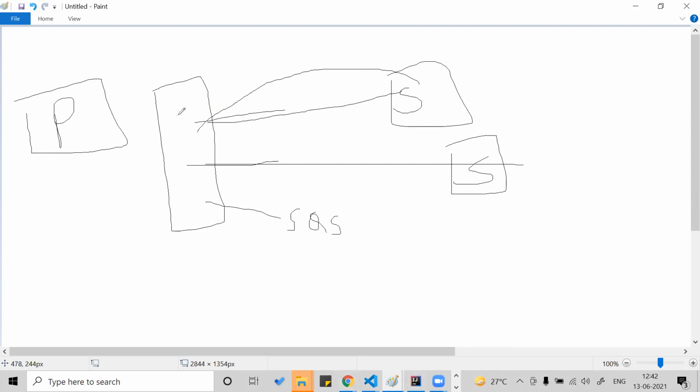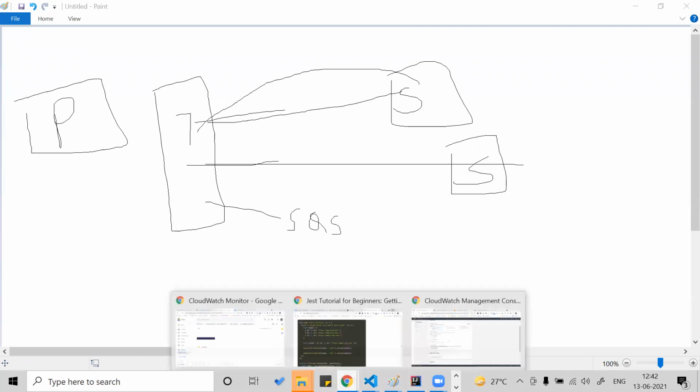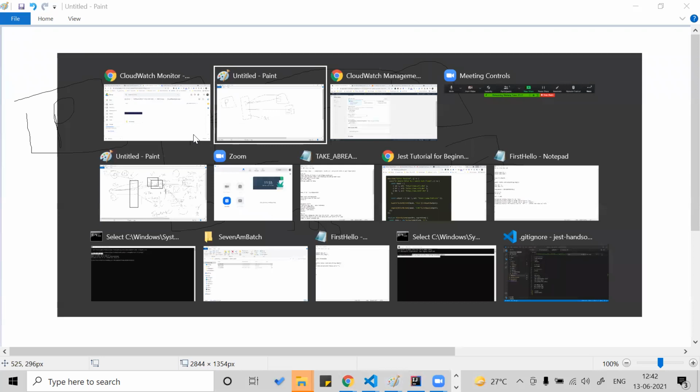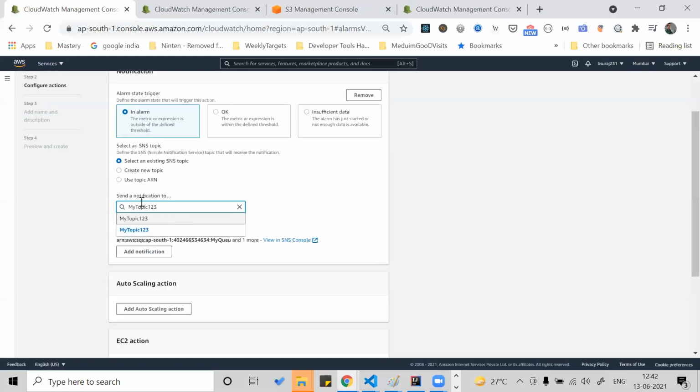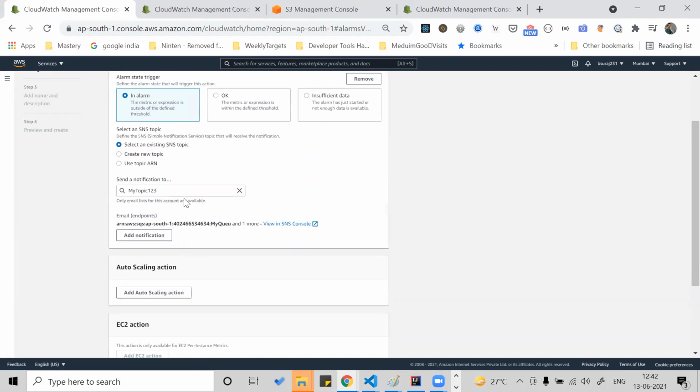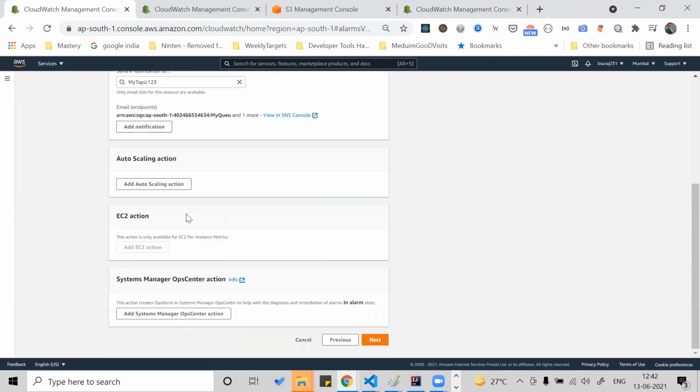So currently the topic I'm selecting here is CloudWatch. Whoever has subscribed to this will get the email. And after this, if you get this alarm, what should happen to auto scaling?